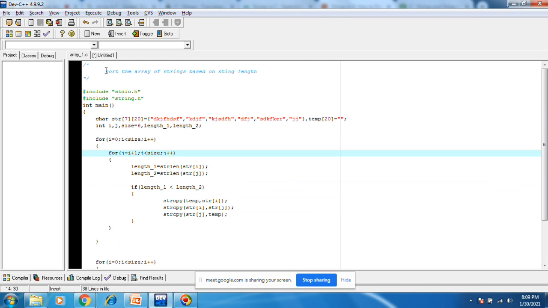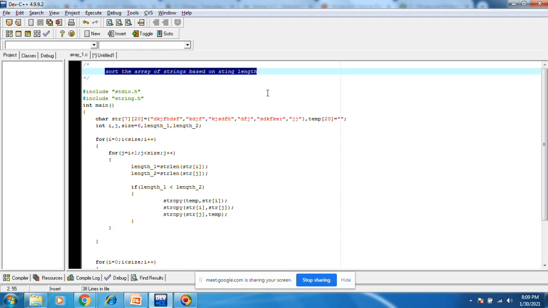Now the next program will be something like this. In this string, we want to find how many substrings are present. What is a substring here?